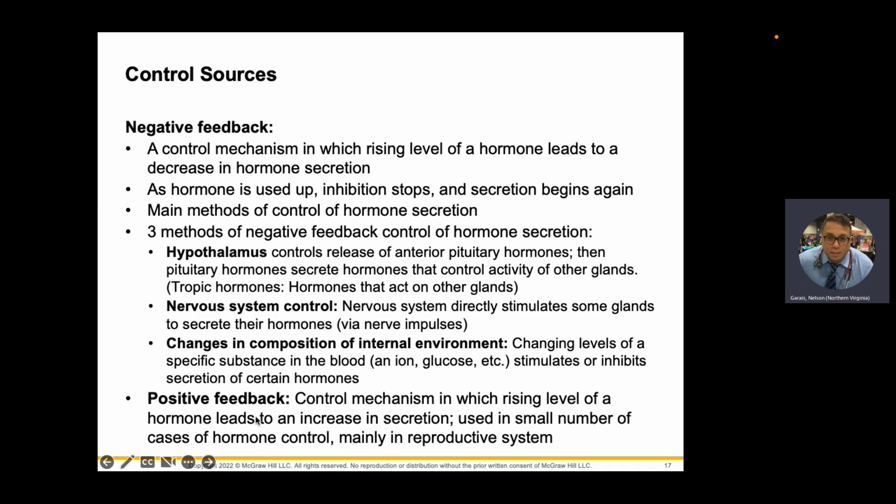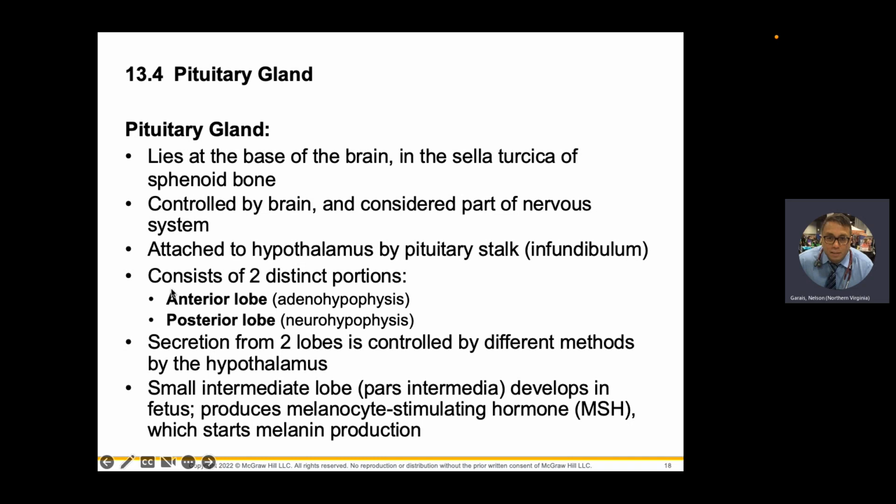Now, positive feedback is a rarity, but it's usually in the reproductive system. The main control is negative feedback, and here are three methods. This is slide number 17. It's pretty good. Now, pituitary gland,